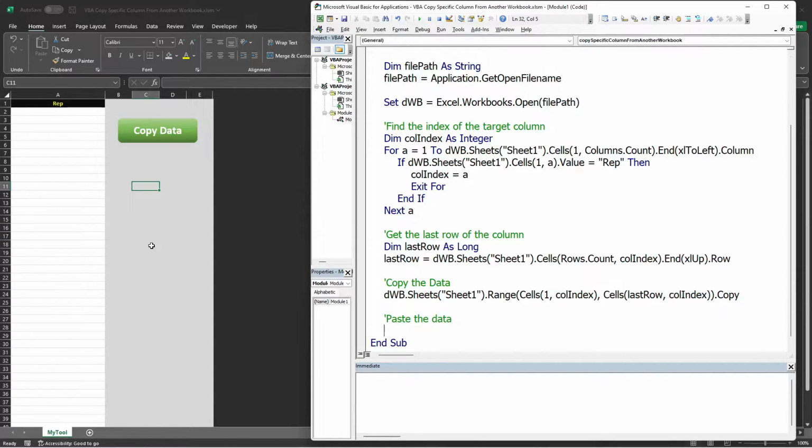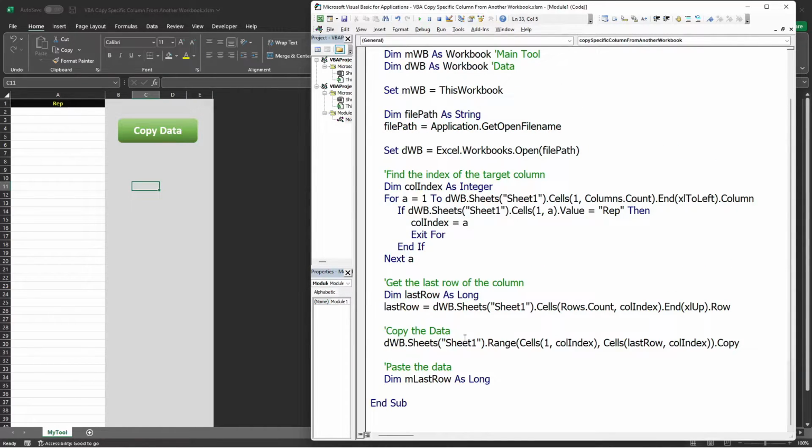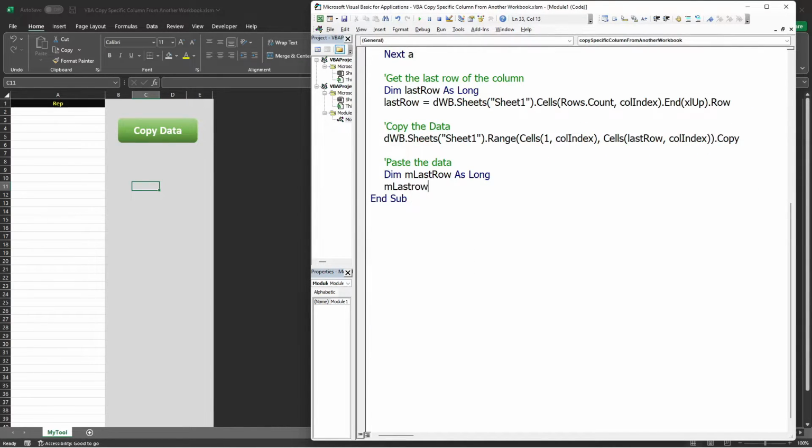And after we get that data, we will go back to our tool to paste the data. But here in our tool, we also need to know what is the next available row. So Dim M last row As Long, and that will be, let me just add some space in here. M last row is equal to MWB dot Sheets My Tool dot Range A and Rows dot Count dot End(xlUp).Row, and we need to add +1 to get the next available row.